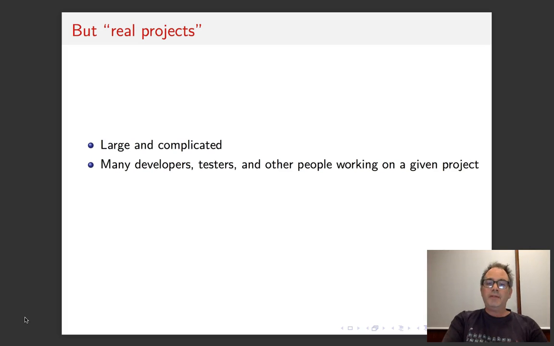Again, if you work for a company or you're deploying real software, developing an app for the iPhone, these sorts of things, you're likely to have many developers, many testers, and other different people working on a given project. Not that many projects have only one person working on them. Maybe it starts off with just one person in an incubation period, but over time, as it moves towards becoming a real product, then these things develop and you'll have many people working